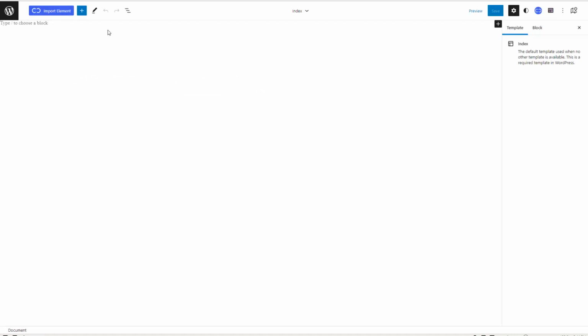When the template editor opens, you notice it says index. We're editing the index template, which is a required template by WordPress. I think it's the fallback. A little bit weird. I don't think this is a Cwicly thing. This is just the way full site editing is at the moment,